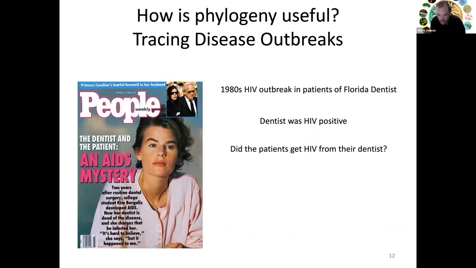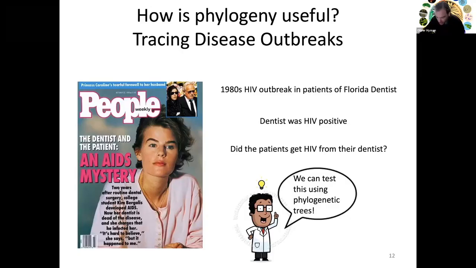So back in the 80s, there was a big outbreak of HIV in patients of a Florida dentist. And when the dentist passed away, it turned out that he tested HIV positive. And so there was this big controversy trying to figure out whether or not the patients had contracted HIV from this dentist, or whether they had gotten it somewhere else from the community, and this was just a coincidence that all this cluster of HIV positive individuals was associated with this dentist. But this was a very difficult question to answer